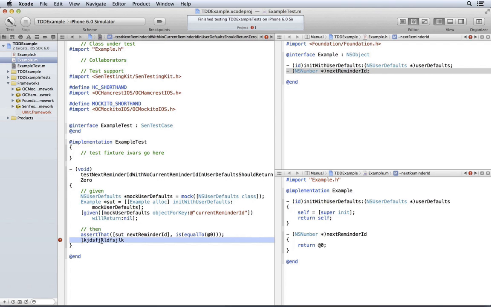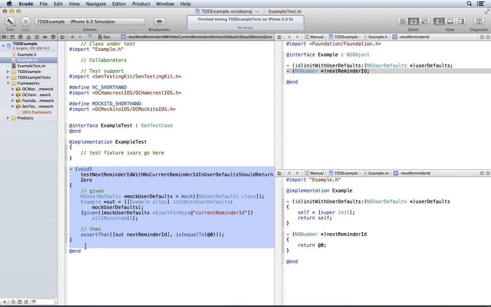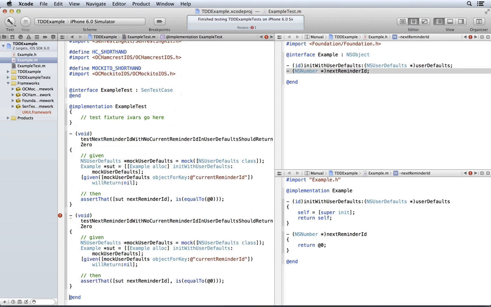Ideally, each unit test has a single verification statement, and we want multiple tests. We're just going to copy and paste this to get us started so that we can replace this with something else. Let me express in the test name what I want it to do.